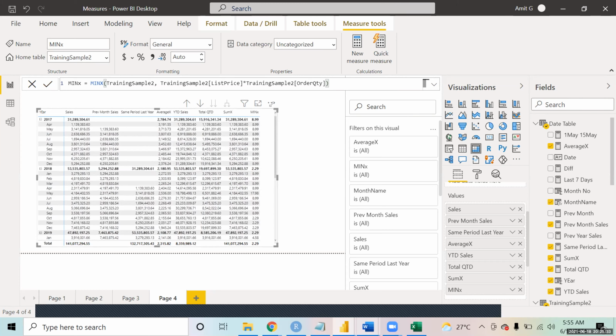Can you please post some assignments this week for DAX? See, the first assignment that I would like to give you all is to use the sample superstore data that you have. Try all these DAX over there and try to build a report. That would be the first practice you can do. Right now we have used a different data set, the training sample. Now you can use that same data set to create a complete report where you show the complete analysis, how the YTD sales were happening, how things were happening across the different categories, and which was the most impressive category.